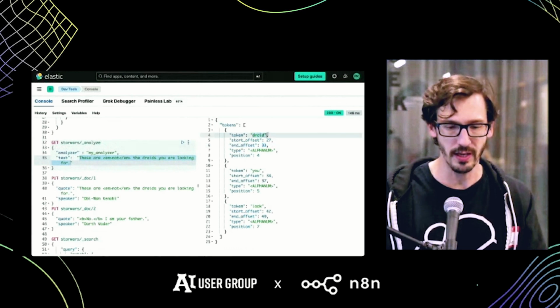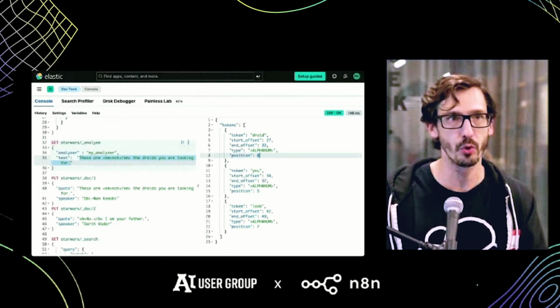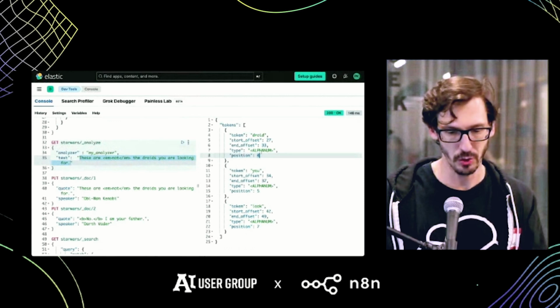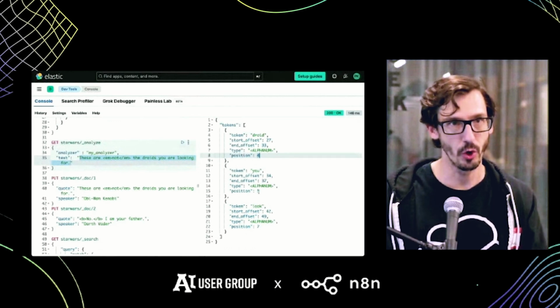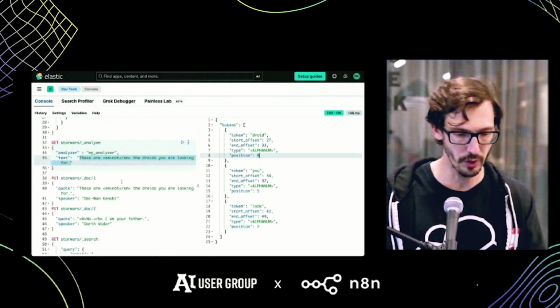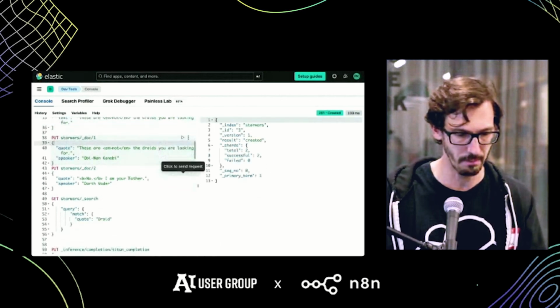It knows where the hit is if you want to do highlighting. It knows the position in the document if you would look for a phrase. "Droid U" is a very weird phrase, but because one is basically position n and the other one is n plus 1, you know that these were next to each other. And this is what you can do in full text search. So you can just store these then